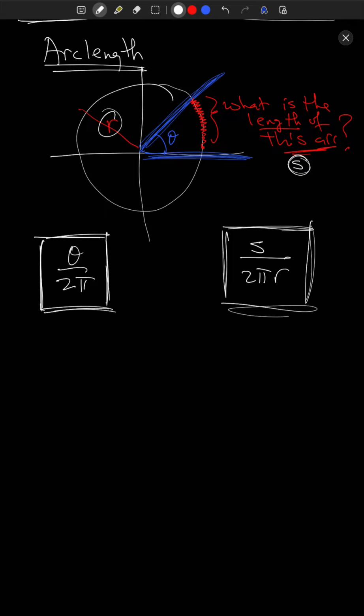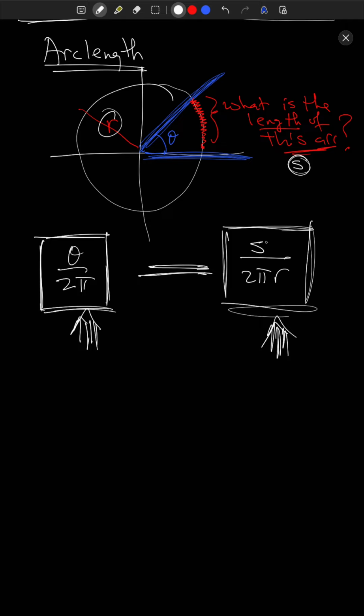So these two fractions of the circle that we're working with should be the same. One of them is representing a fraction in terms of angles. The other is representing a fraction in terms of the length of the edge of the circle, the circumference of the circle. But regardless, these two should be the same. And so that gives us our formula